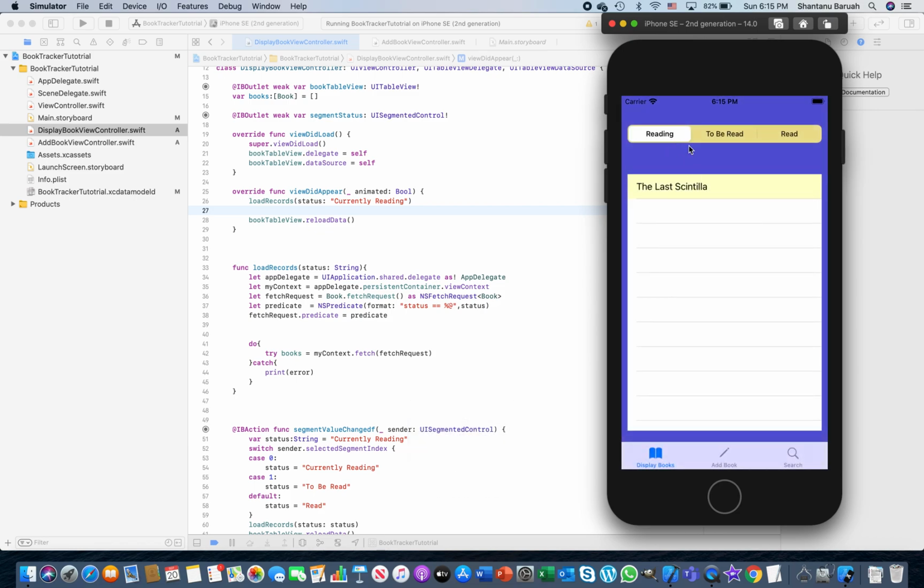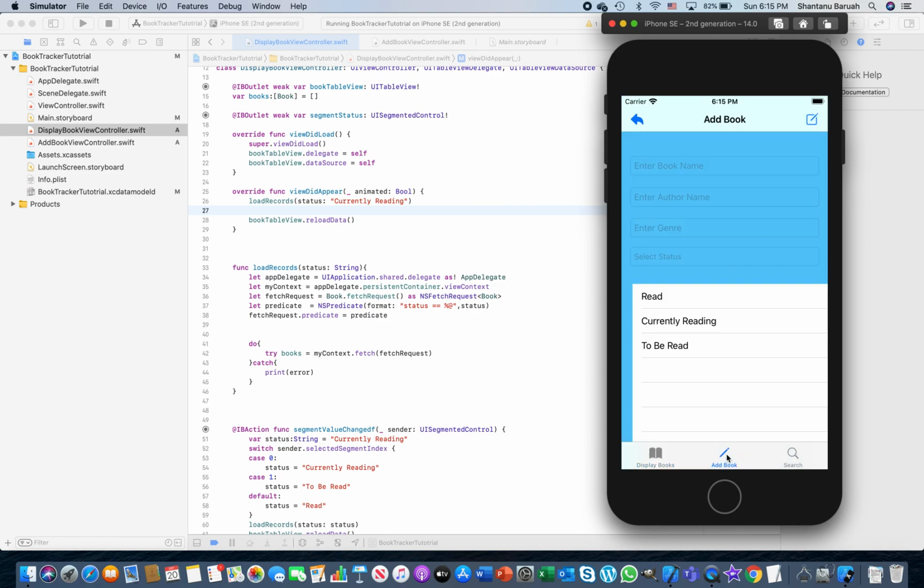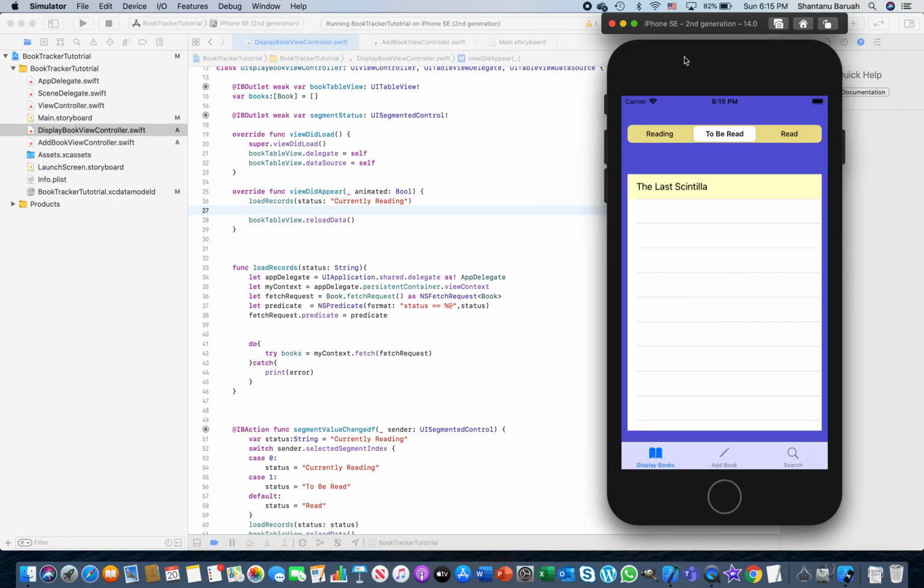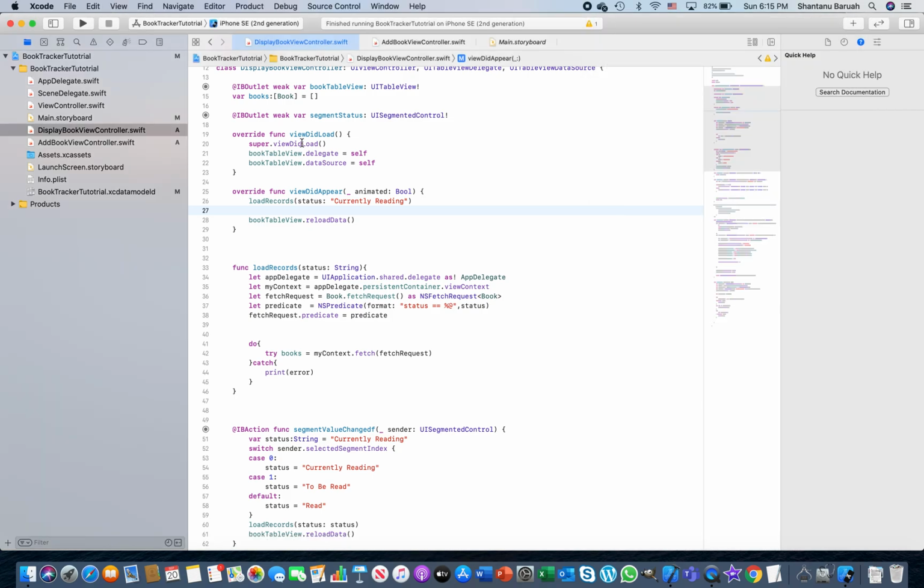So in reading, perfect. Let's say I go to be read and try to add a book, come back, read, let's say I add a book, or let's say I come back to display again. So it remains on to be read. I want to always come back to reading, let's say, right? The first tab. The way to do that is